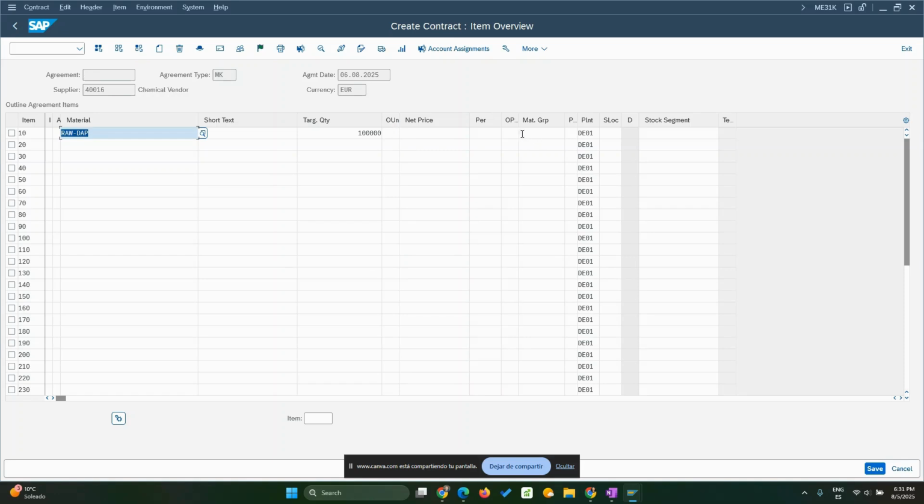So you need to tell the system how many kgs a pallet of this raw material has for this vendor, right? Okay. So basically, we will put net price here. Let's assume it's going to be €1.20. So we will put 120 per 100 kgs. Here the order unit price will be the same, kg, when I press enter. The storage location should be coming automatically from the raw material at this plant, because it's defined in the MRP view that probably the storage location will be 0001 for raw materials. So let me press enter,